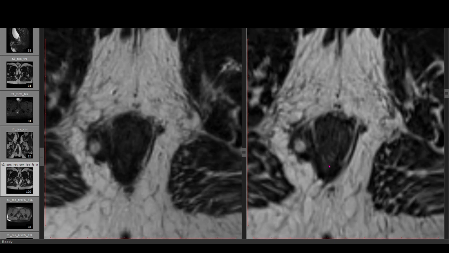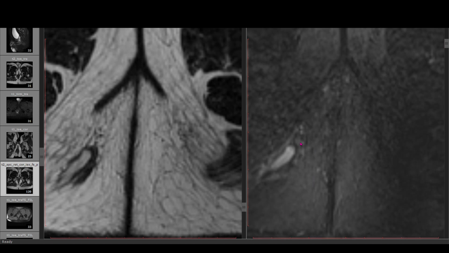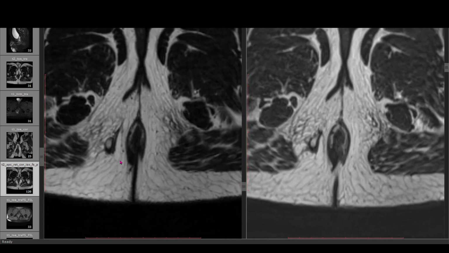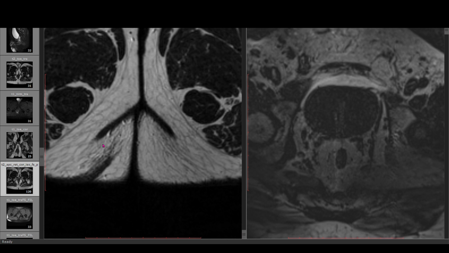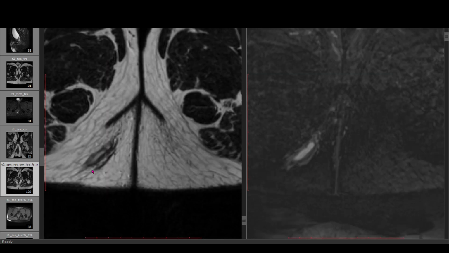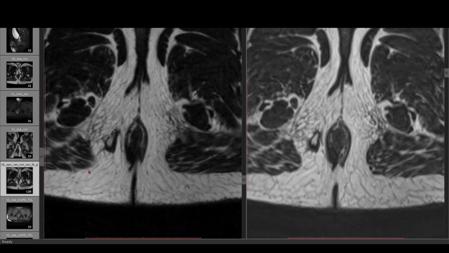So this is there, and giving the track location and reporting language for this case, if you see closely, it is also somewhat like a curvilinear track arising from the skin of the right gluteal region, and the external opening is almost at the 7 o'clock or 8 o'clock position on the outside.